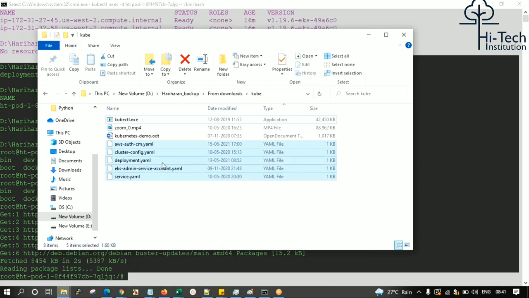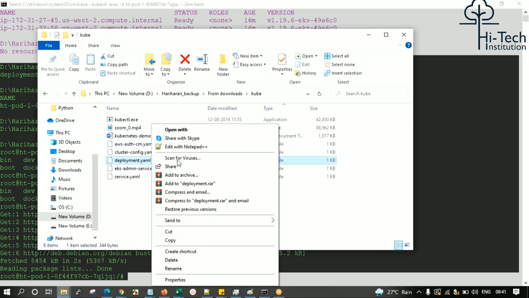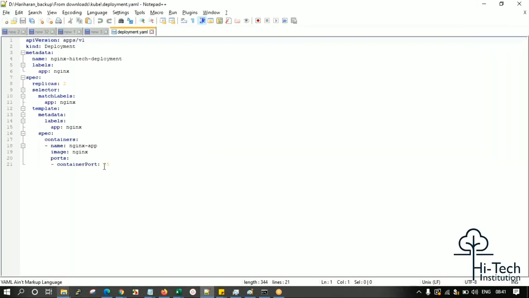So when you open this deployment YAML, there's an option called deployment.yaml. You go there and open it. This is the YAML file to create your pod deployment. Here there is an option called image. In this configuration file, you have to specify your own customized image name. When you have specified it through this configuration file,